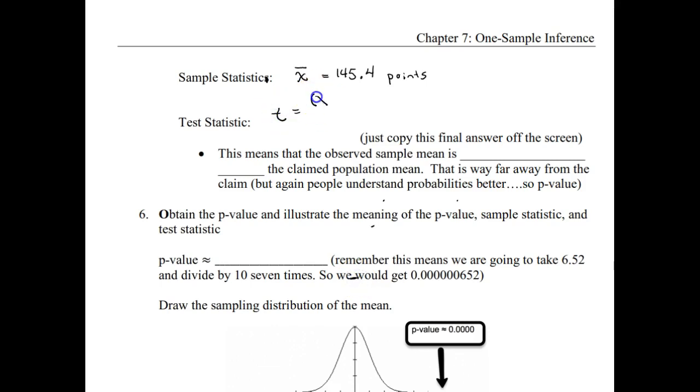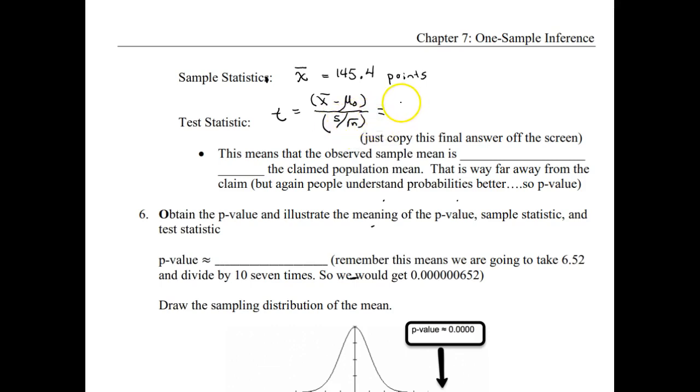And again, these formulas are also on your cheat sheet. You do not need to memorize these. So in the numerator, we have X bar minus mu 0. So again, we're trying to figure out how big that gap is. In statistics, we measure the size of those gaps by seeing how many standard deviations fit in that gap. So we're going to divide that by S over root n.